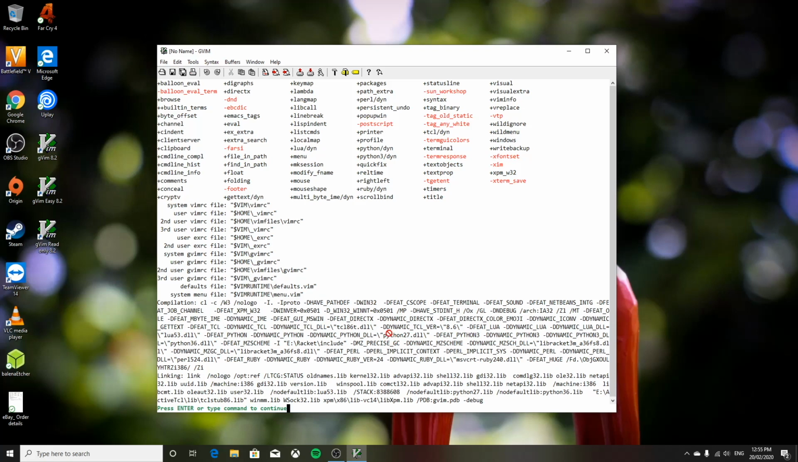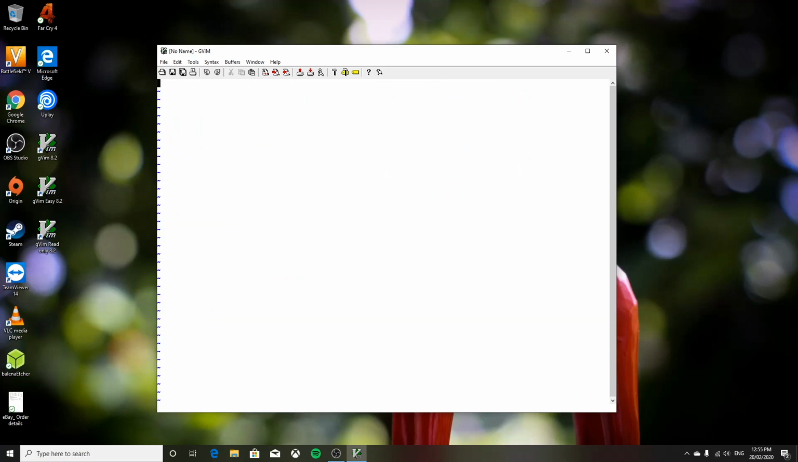So there's Python 2.7.dll, and there is also Python 3.6.dll. So we are going to have to download Python versions and set them. Now it's not already set, and one of the ways to check that is basically you could just press colon